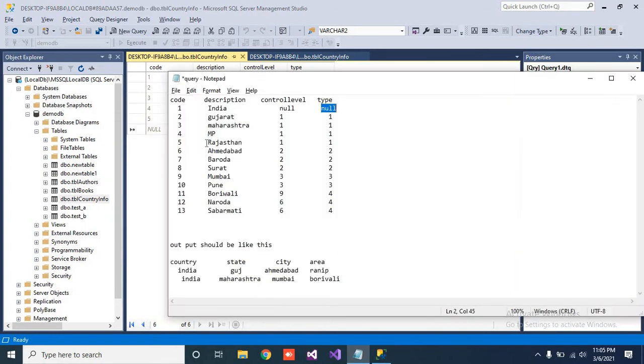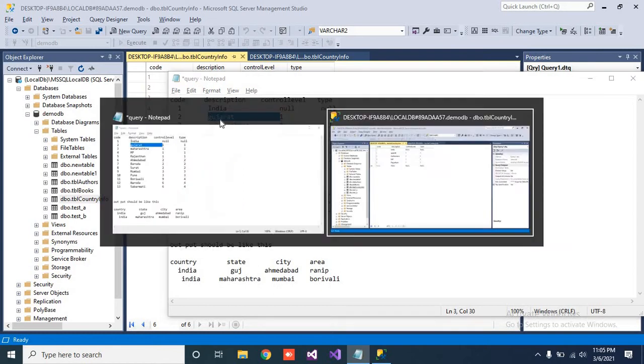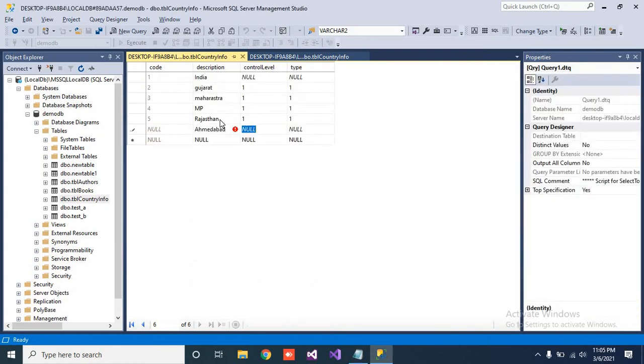Now we will do the district entry. So here we are taking Ahmedabad. Ahmedabad is the district of Gujarat. So here we will pass the code which is 2 for Gujarat, and type 2 means it denotes district.